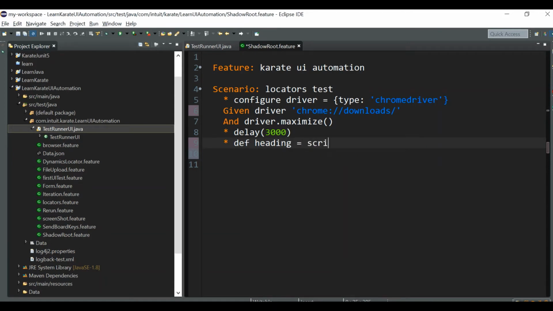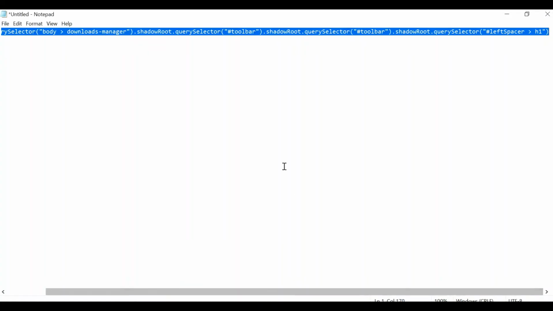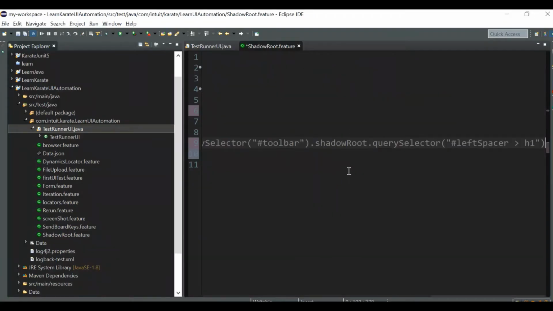Heading equal to, and you can use the script method. Inside the script you can pass this particular line. Now after this we should get the text content, right? To get the text content, you can choose this method, text content, and close your bracket, close the double quotes and then close the bracket.